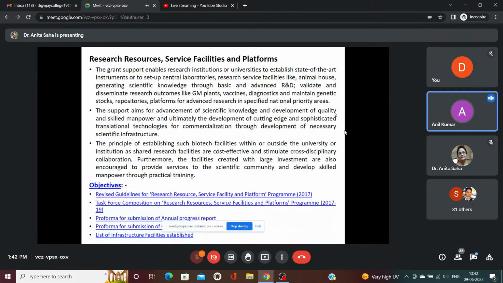In our country, presently, as per my knowledge, nearly 35 genetically modified crops have been developed. And most of the genetically modified plants have been under review by the government of India for the last 15 to 20 years. What is the problem? The society is not ready to accept the genetically modified crop.